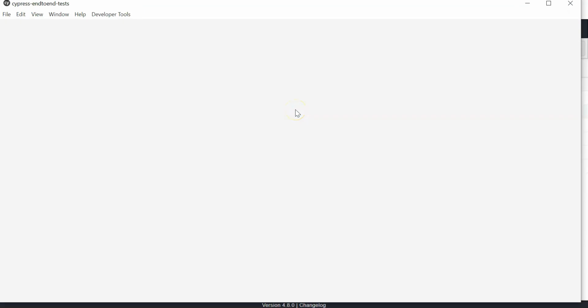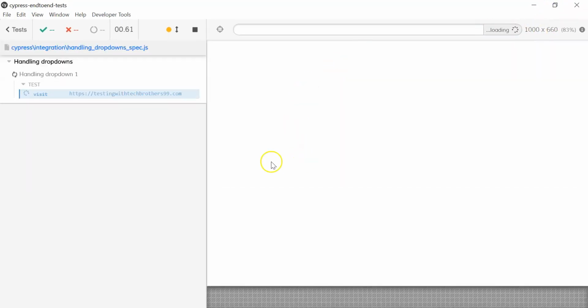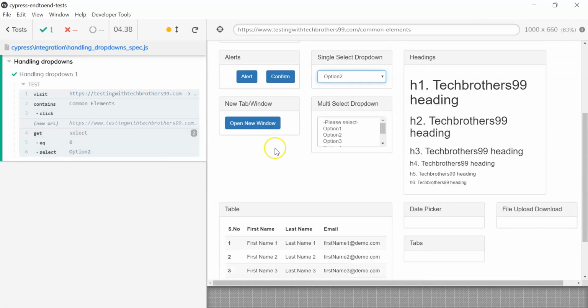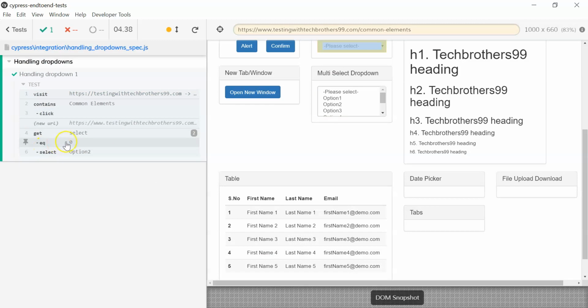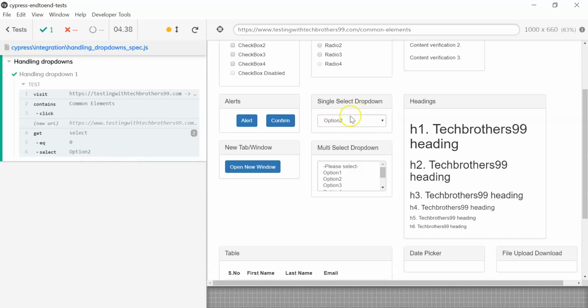Once I click on it, the browser window will open, and it started running. You can see here it got the first value, and option 2 got selected here. Okay, so this is how you can select that option.